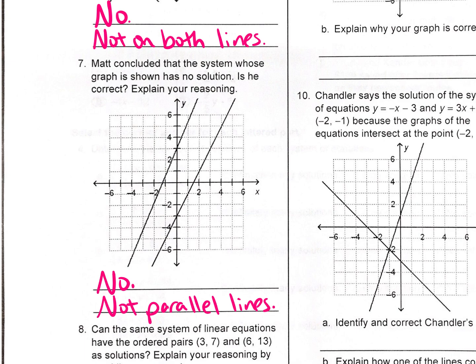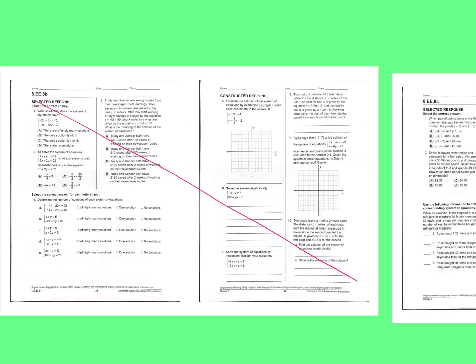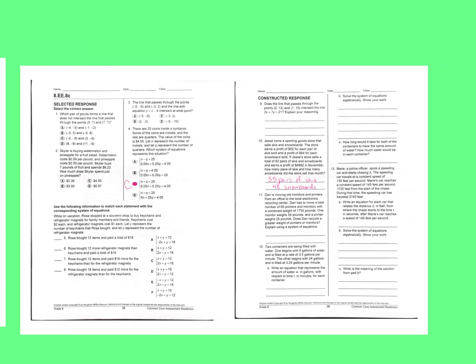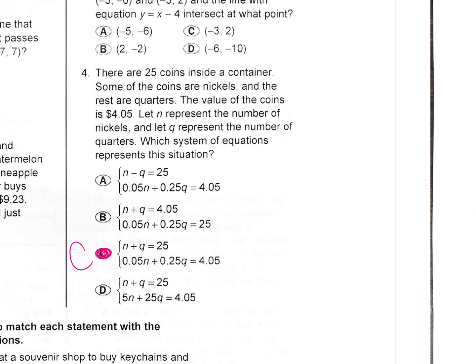Number 7, is this no solution? No, these are not parallel lines. You can look at the spacing of them, and you can say, okay, down here, they kind of look about 2 to 2.5 places apart. If you look way up here, they're more than 3. So they are definitely not parallel. We didn't add anything else to 8b. Then 8c, looking at number 4,